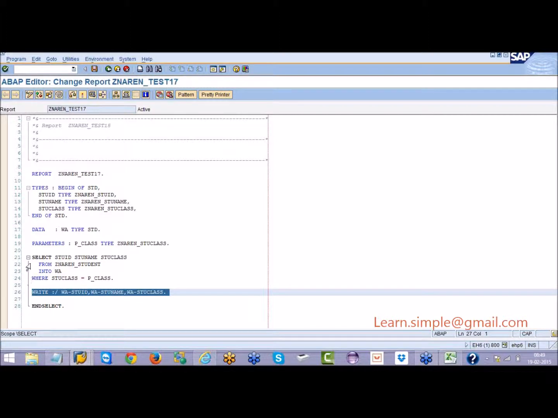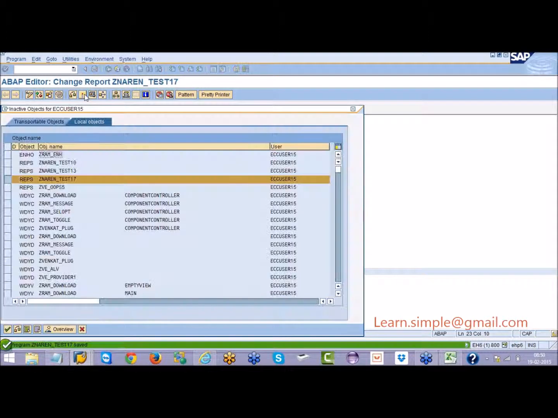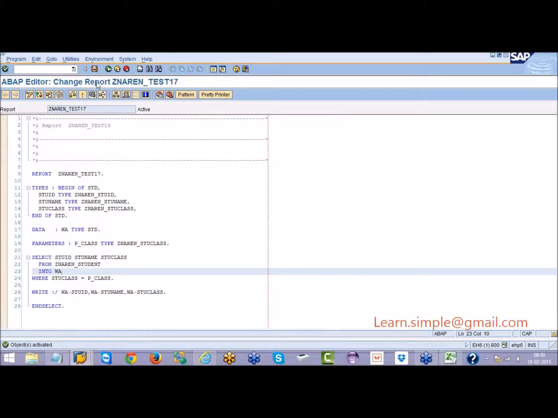Instead of putting the data into the work area several times, going to the database and writing it, put the data into the internal table. We have something called internal table. Yesterday we discussed, right? So internal table can store multiple records. So what we can do is make use of an internal table to get the data from the database. Once we get all the data, we can write it in the output. Let us see how to do that.